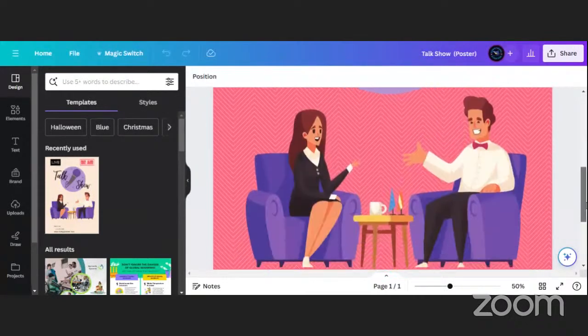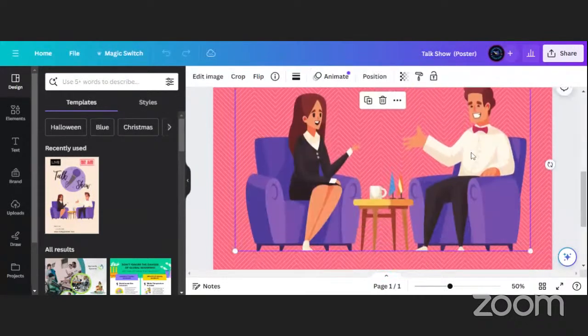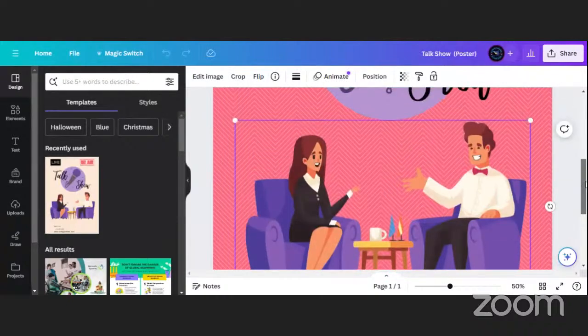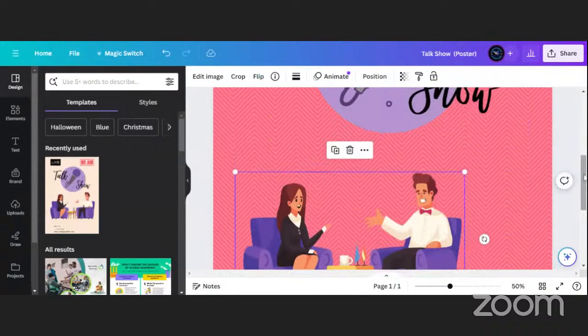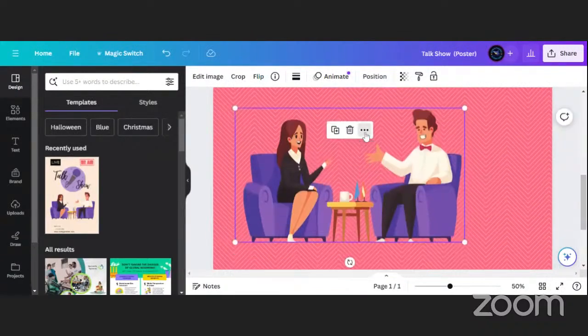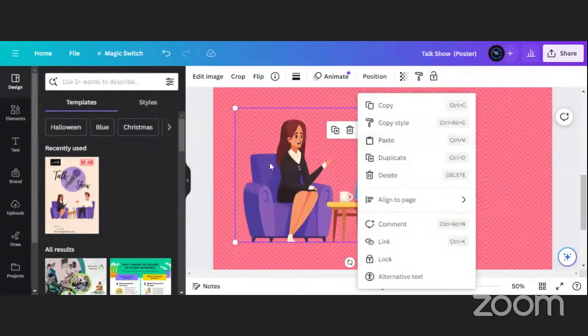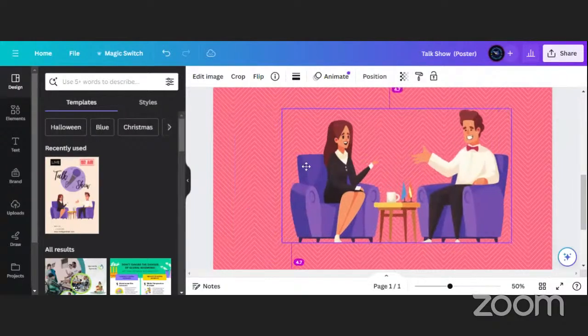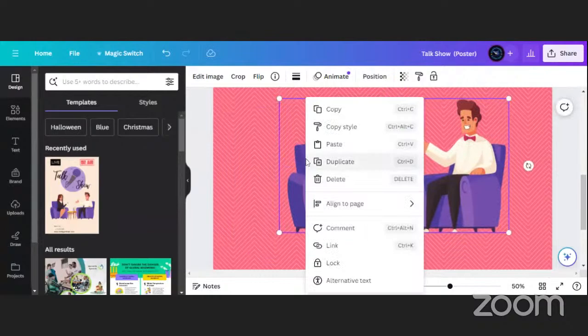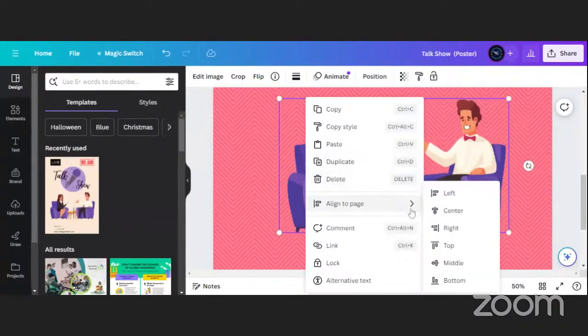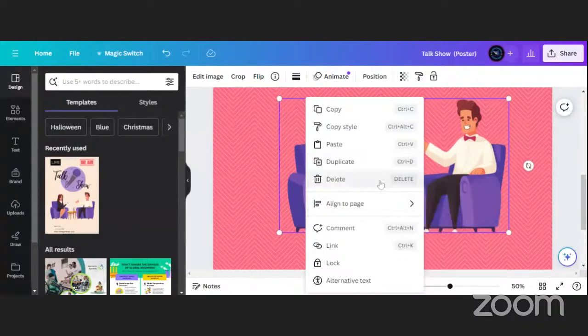Let's say this is the image that you want, because this image is just a stock photo having all these people. It's just the same image. So if you want to do this, you can delete it here.